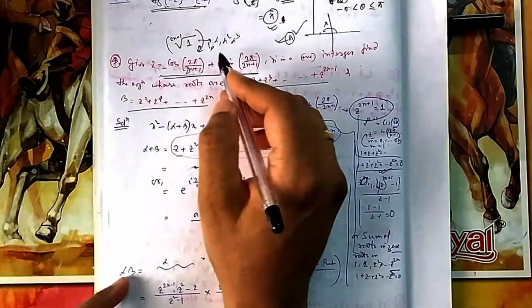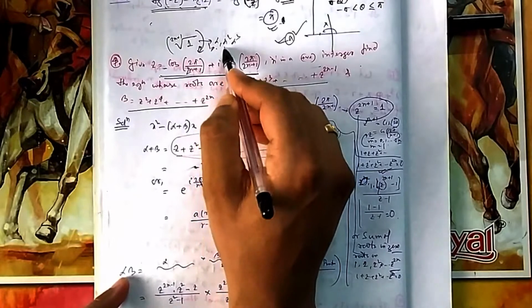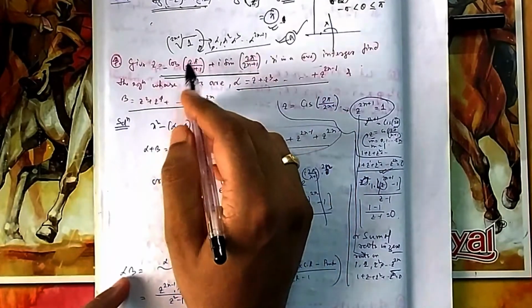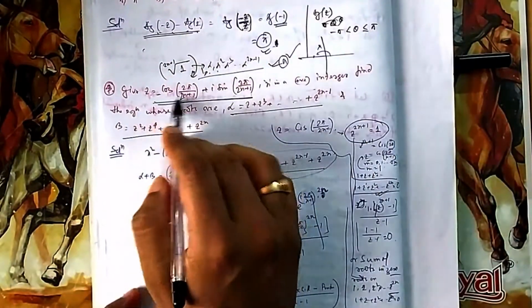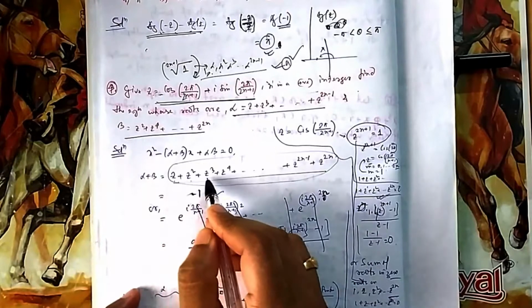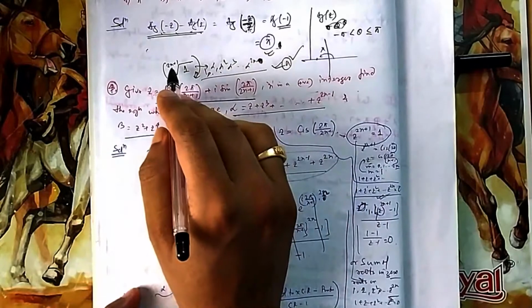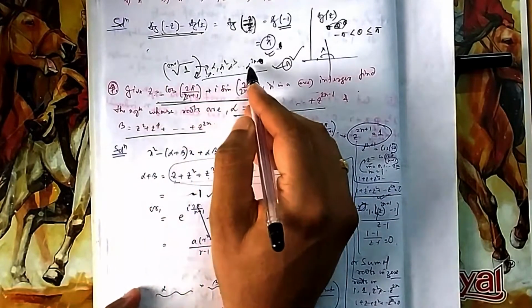So you know the behavior of complex roots. If one is alpha, then the next one is alpha square, alpha cube. The last one will be alpha to the power 2n. That is the root characteristic of the nth roots of unity. We have seen this in theory. So all these are nothing but this. If you add all these, alpha square up to alpha to the power 2n, the last root will be alpha to the power 2n, because it starts from 1, so the last one will be 2n.